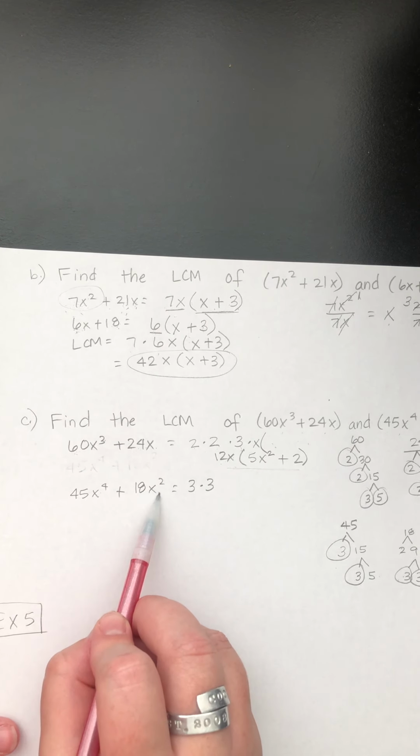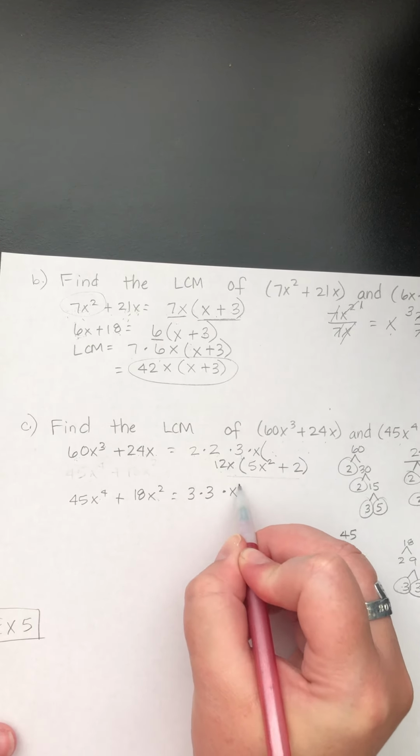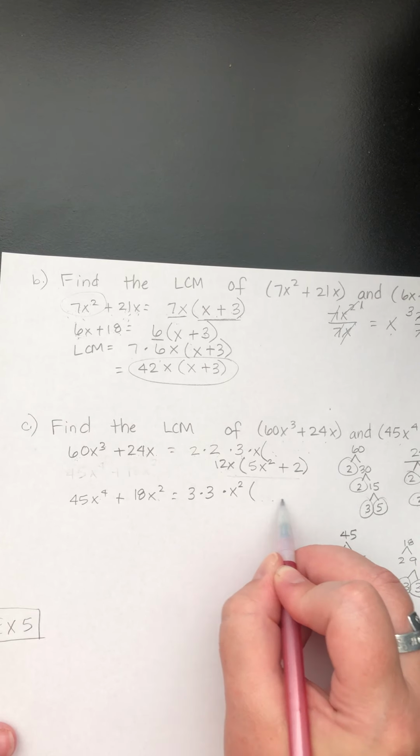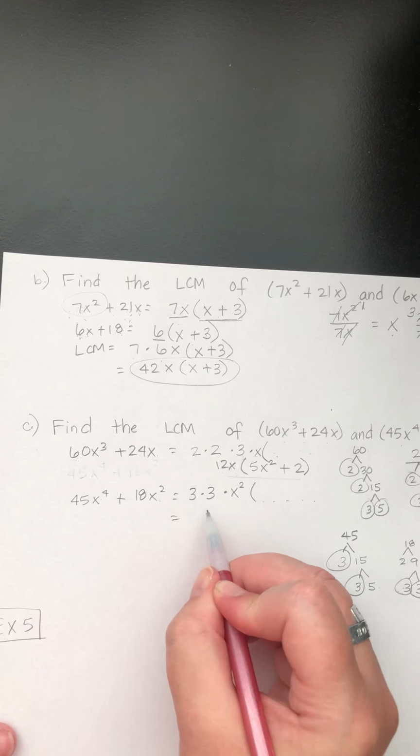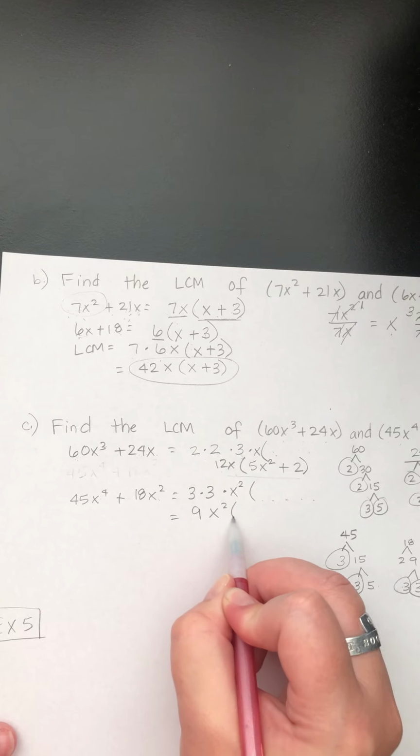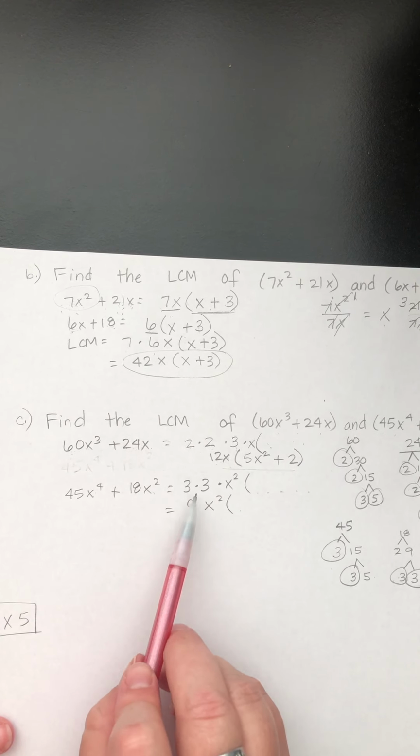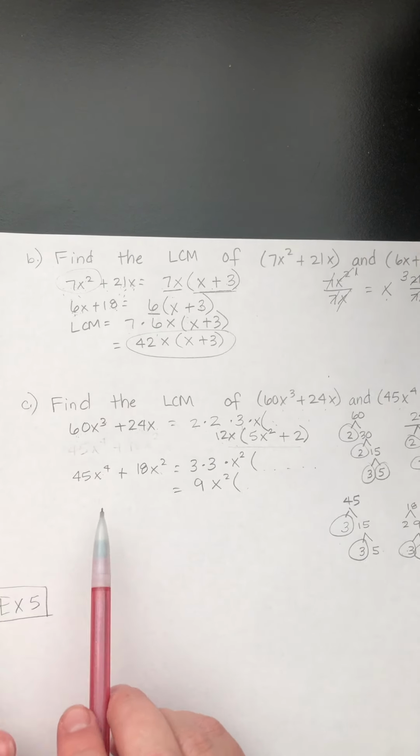There's 4 x's here, 2 x's here, so we can take 2 x's out, and we'll have to figure out what goes in here. Okay, let's change this to 9. It helps our brain a little bit. Figure out what goes in here. So we have 9x squared is what we took out. If we take 9 out of